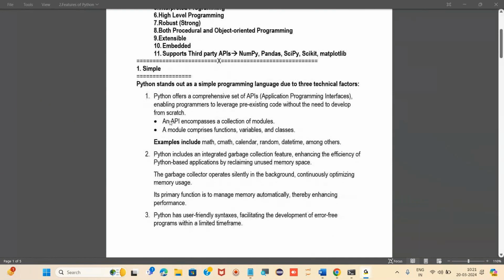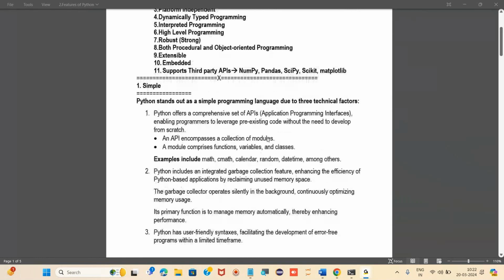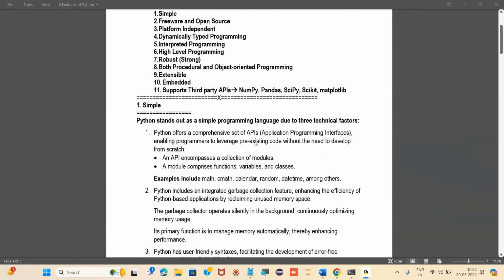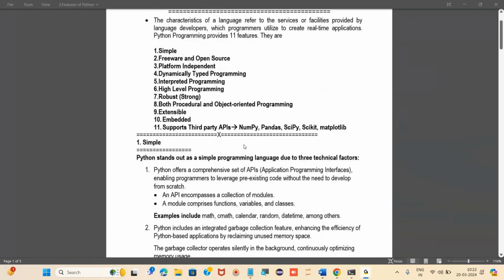So API is a collection of modules. A module is a collection of functions, variables and classes. Simple it is. Any doubt? So far so good. We'll see now the second.